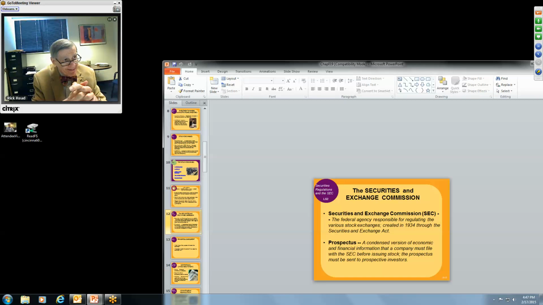A prospectus is something that every company that trades in securities, stocks or bonds, must issue to a potential investor. And of course, they must not only provide it to the potential investor, but they also must provide it to the Securities and Exchange Commission before they begin issuing any new stock or any new mutual fund or something of that nature. So it's something that people have to have.